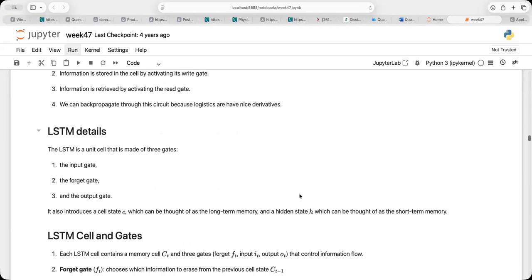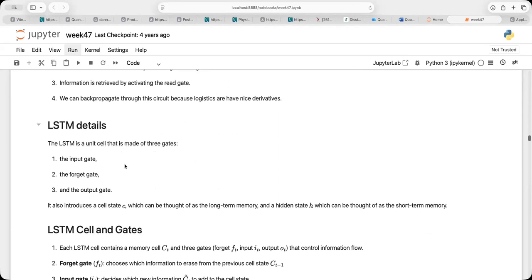So the typical information here, I'm going to set it up a little bit below. There are some details, and you will see from the graphs which come that there's something we will call the input gate, the forget gate, and the output gate. And there's also something called a cell state, which you can think of as the keeper of the long-term memory. And then there's a hidden state, which can be thought of as the short-term memory keeper.